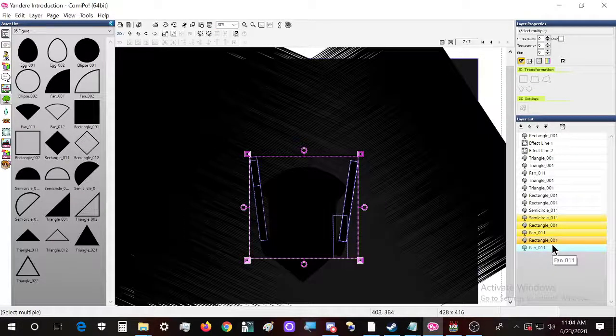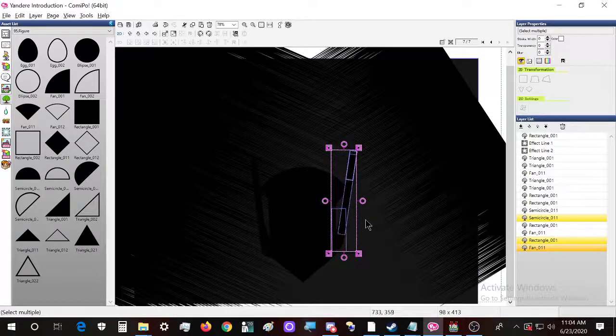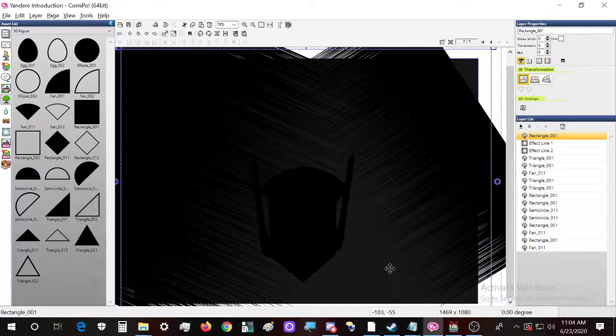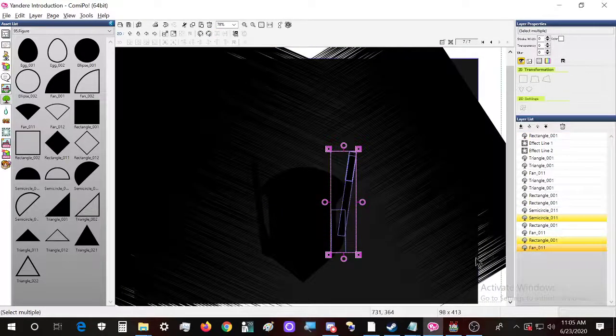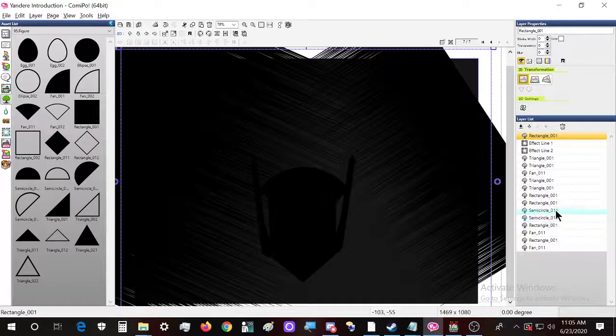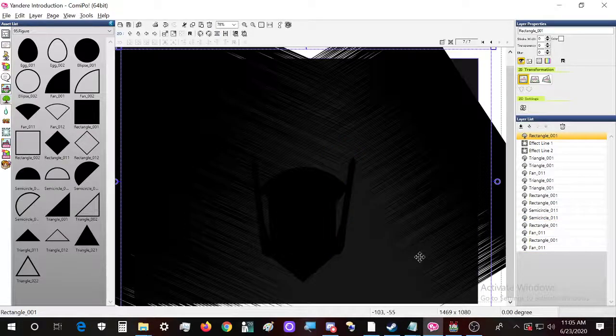And this, oh wait, semicircle and this, and we move them a bit up. Actually they should be right by here. Nope, they're not here. I think they should be in here. Alright, even lower, okay. Yes, I think it's the perfect position.